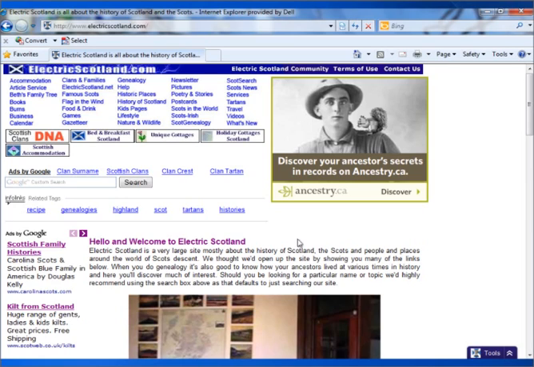The purpose of this little tutorial is to show you the Electric Scotland community and show you the advantages of taking out a free membership with us. I'm using Internet Explorer for this particular session, i.e. 8. So without more ado, if you're on the electricscotland.com website, you'll see in our title bar we've got a